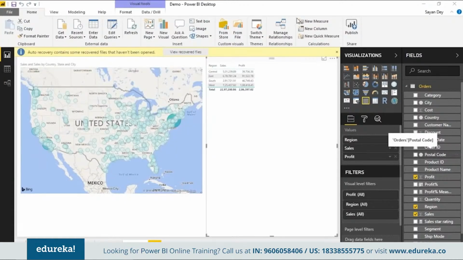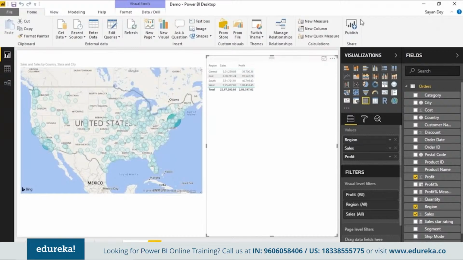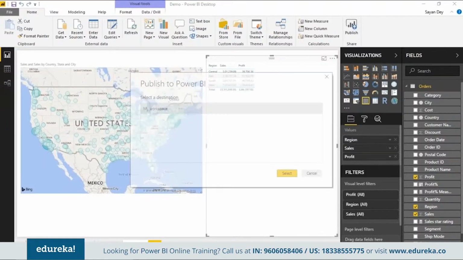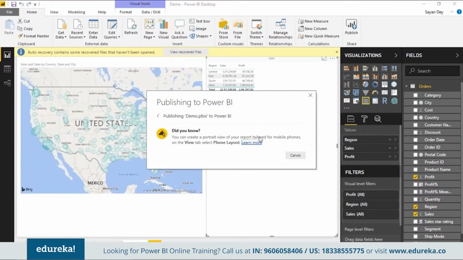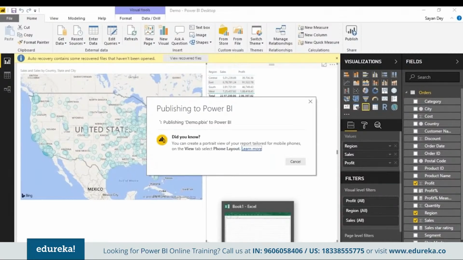Remember, to implement this in the service, you have to publish it first. Right now I've just implemented it in the desktop, so the final step is to publish it. I will publish to my workspace. I'll choose replace because another dataset with the same name is already there. It will replace by default because they both have the same names, right? And once I do that,